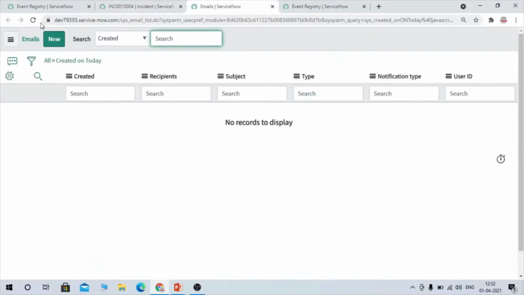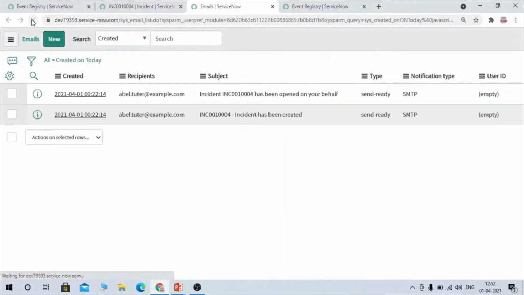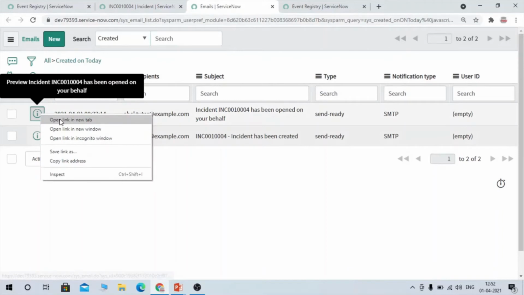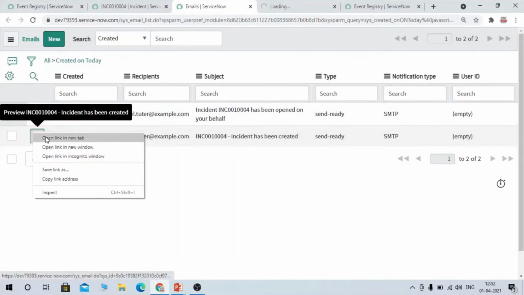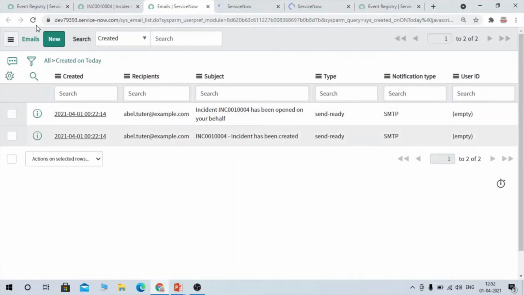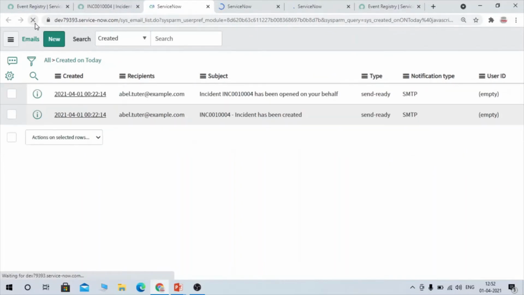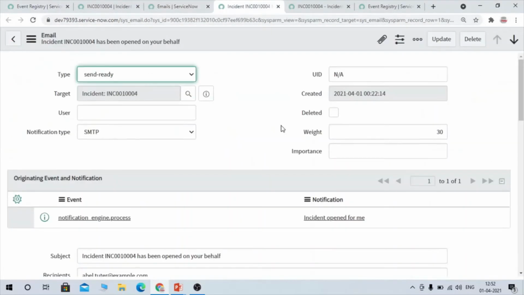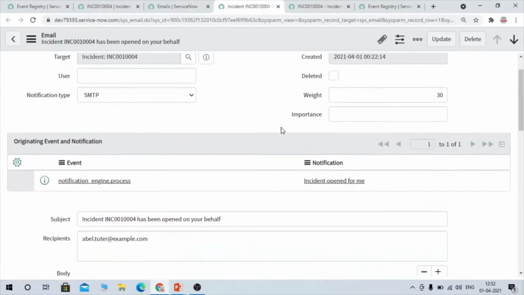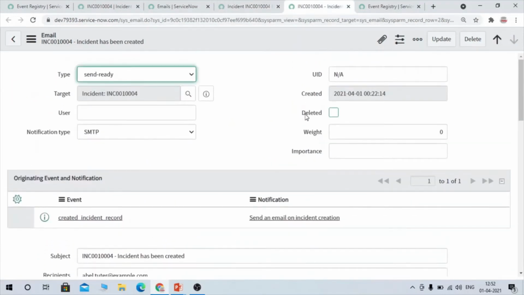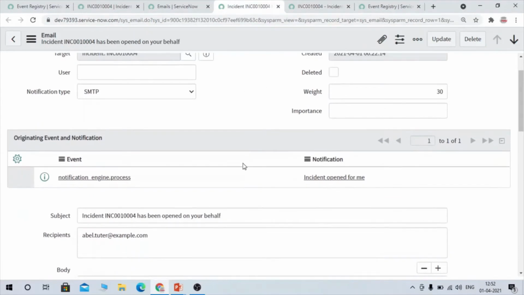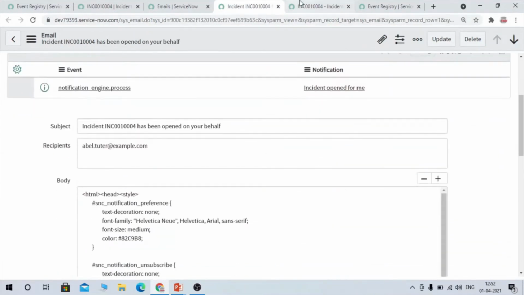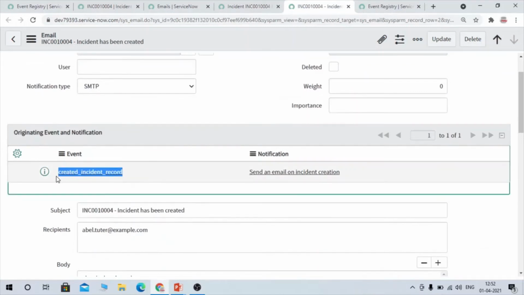Let me open it. Okay, there's one already; some event has been configured, so this has been triggered as part of that, and this one is triggered as part of our event.